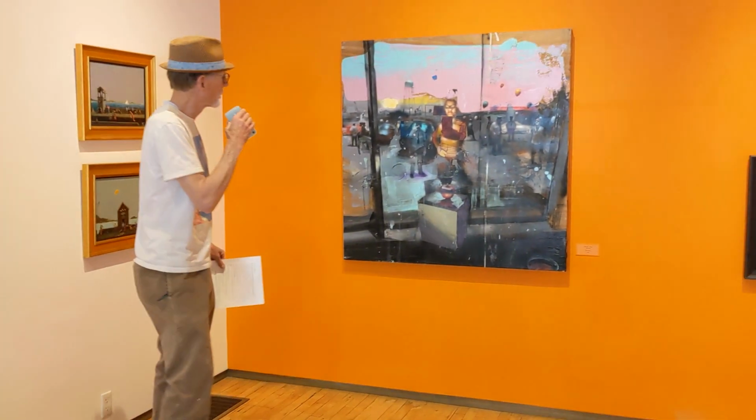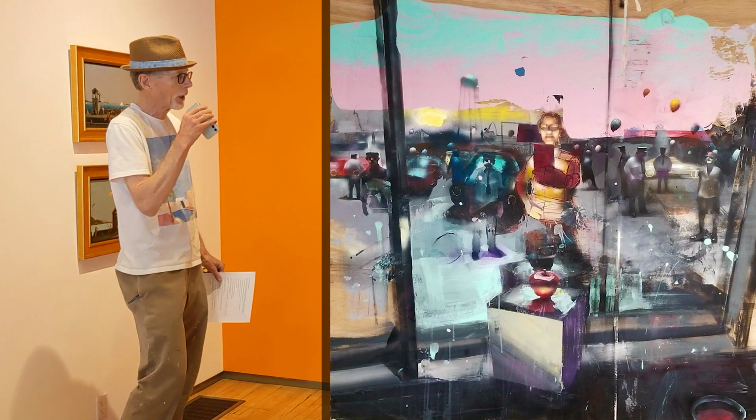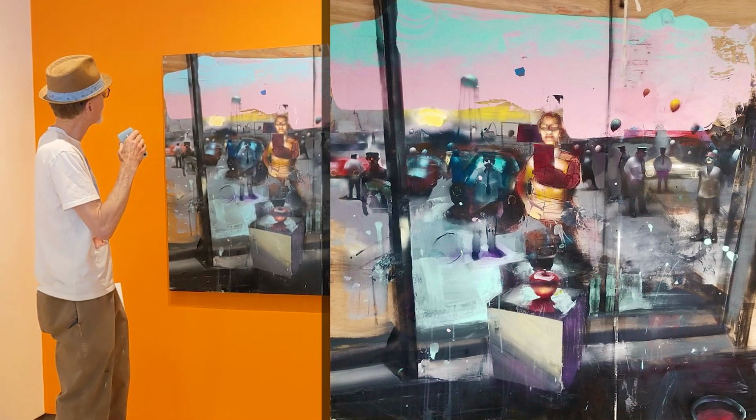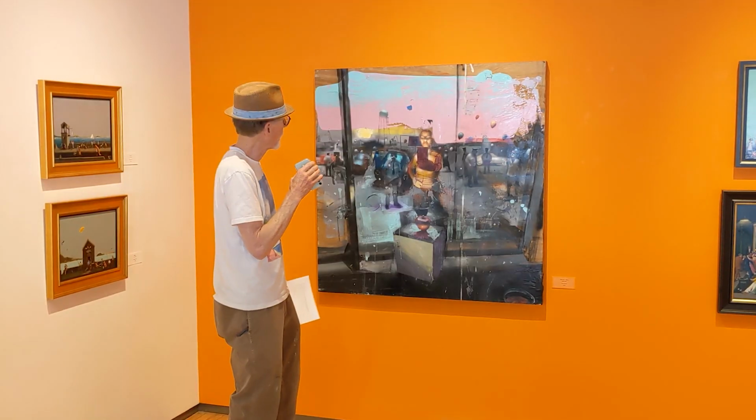Okay, now we come over to this large painting, biggest painting in the show, 4 by 4 feet, and you notice the sky is red and green at exactly the same value. The two colors, red and green, complements, come in at exactly the same value, so when they do mix, they start to liven up and get quite vibratory. Okay, and as we go into the lower part of the painting, I'm doing a lot of destruction,